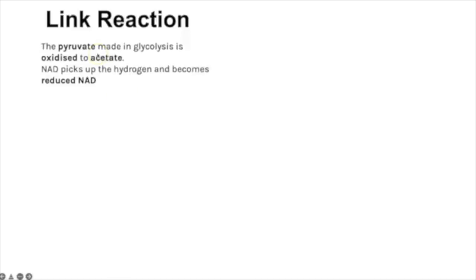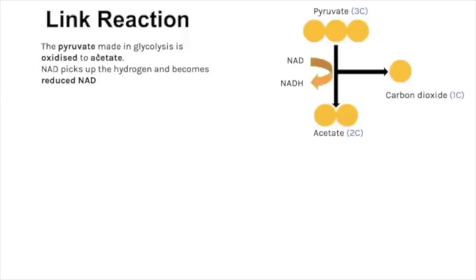We're going to have an NAD picking up a hydrogen to create yet another reduced NAD molecule. So that's the first step we can see here. Pyruvate, our 3-carbon compound, is going to be oxidized further, and we can tell it's been oxidized because it's lost the hydrogen, which has been picked up by the coenzyme NAD. So that has created acetate. Acetate is only a 2-carbon compound, and that is because carbon dioxide is produced at this stage of the link